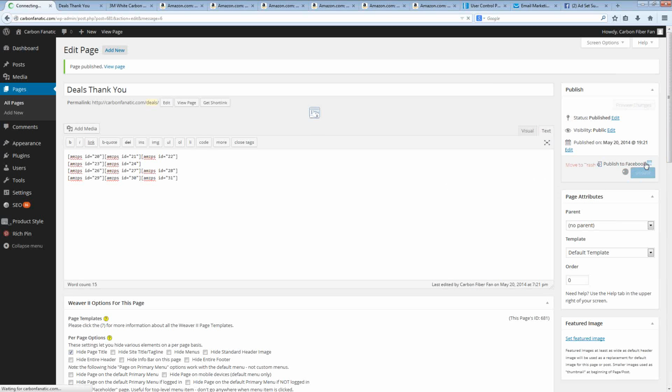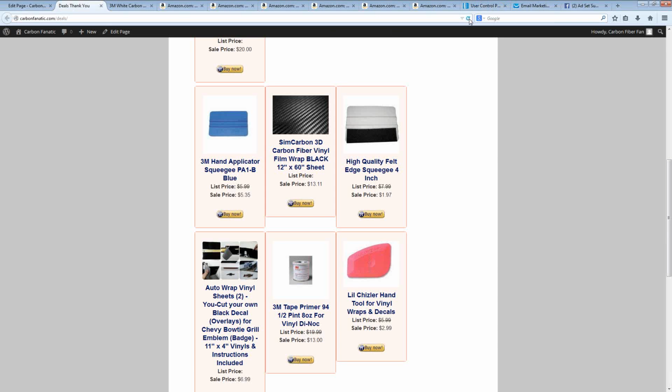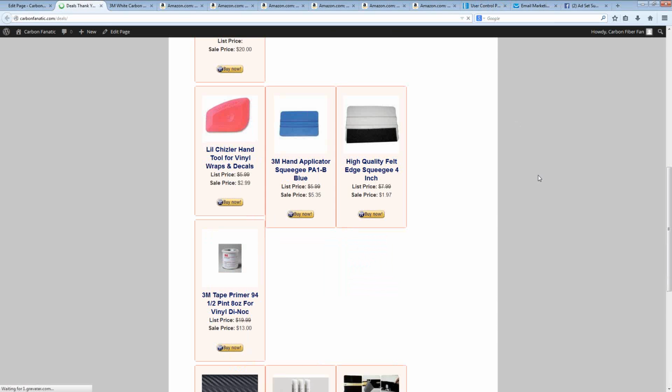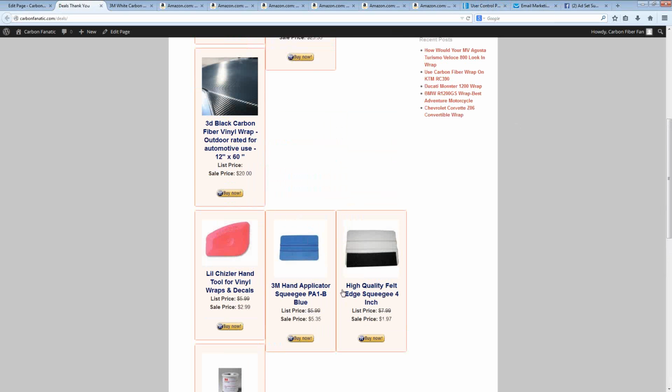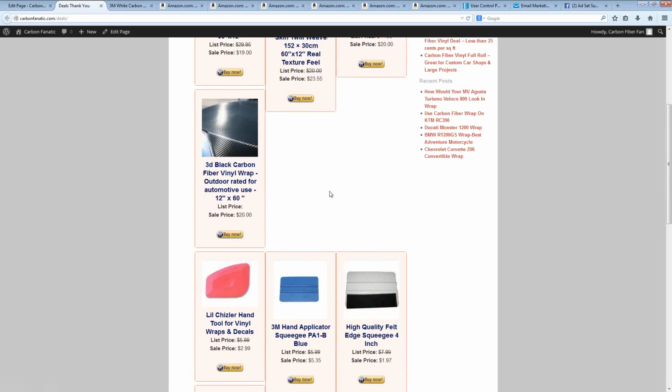Now if you have to update, make sure you uncheck publish to Facebook again, or else it will go through and publish that page. So you can see now that the SIM carbon ad has disappeared. So I did count off correctly. Now to continue counting here,